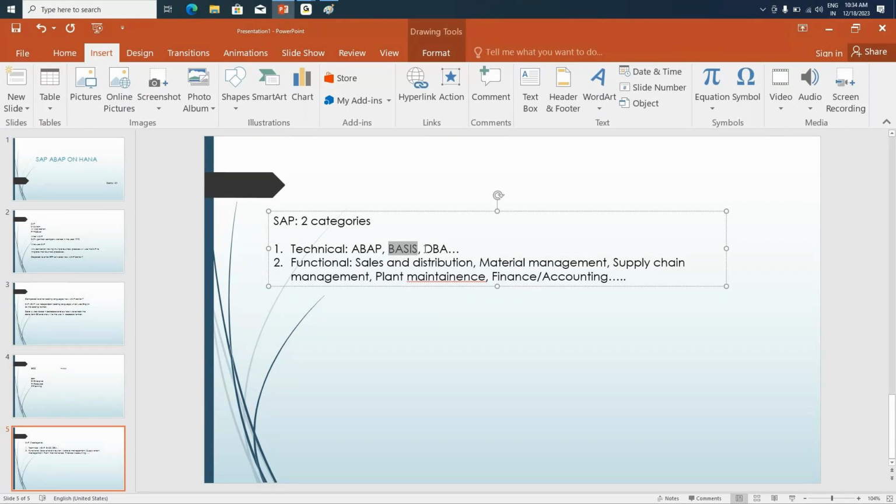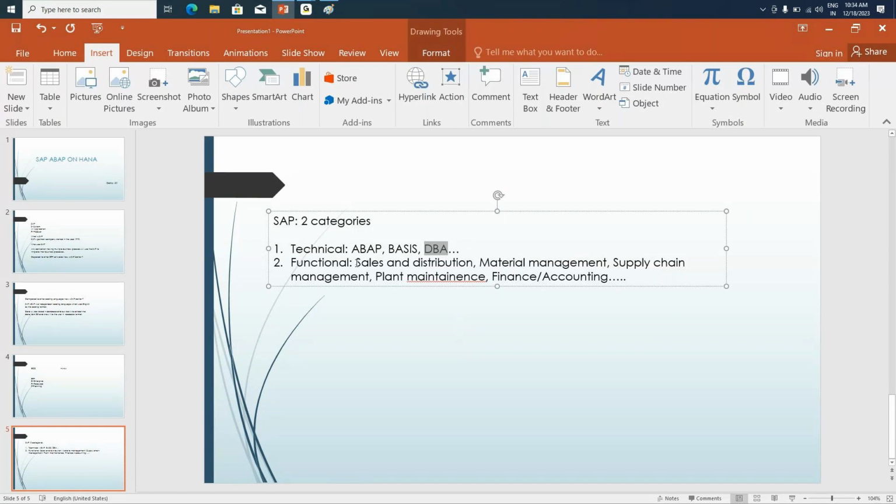Then is your database admin. The database admin team will take care of the database load activities. For example, is my database working correctly? What is the health of the database? Database is nothing but like a normal memory card in our phones, but on a very large scale. It is only used to store your data. All your media will be stored in the database. They'll take care of whether my database is working fine. Are there any problems? If there are any problems, do I need to run any diagnostics? After running the diagnostics, if there are any problems, they'll sort it out. That is the responsibility of your database admin team.